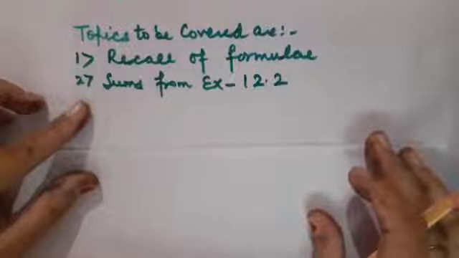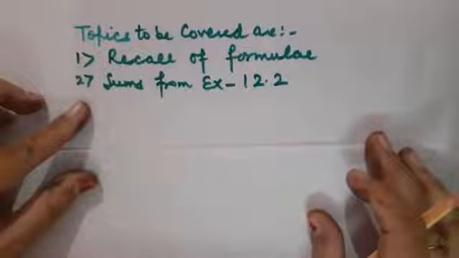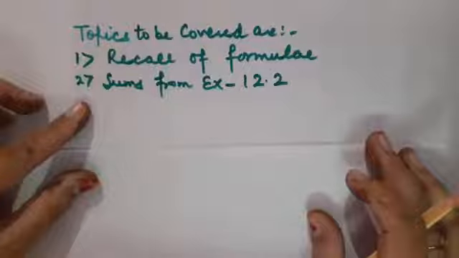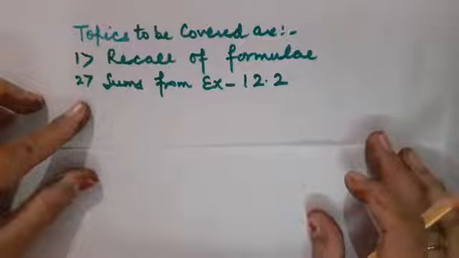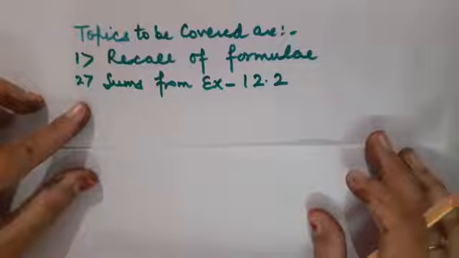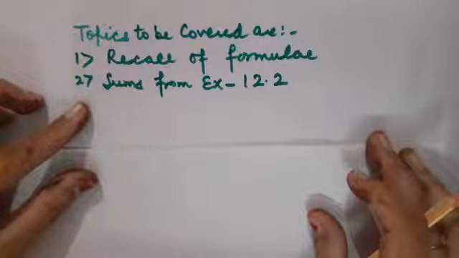Children, in my previous lecture, I made you learn as well as understand the formulae of calculating area of minor sector, area of minor segment, length of an arc of the minor sector, area of circle, area of semicircle, area of quadrant, circumference of the circle, how to calculate area of the triangle when there will be a central angle formed.